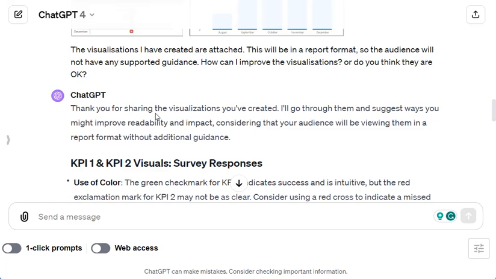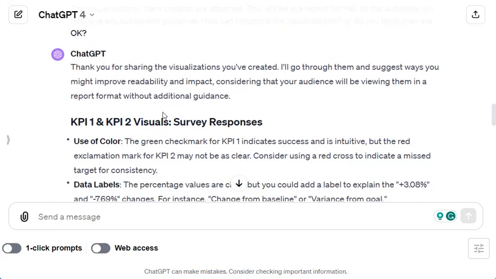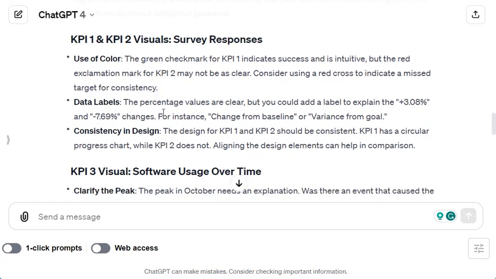This is a really cool thing as well. So again, think about this. This is just brilliant. I've done something, I'm working in isolation, I'm producing something, and I'm now asking it to follow these rules of good data visualizations. So it comes back, some of which is interesting. So the KPI 1,